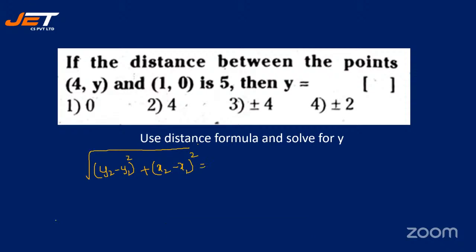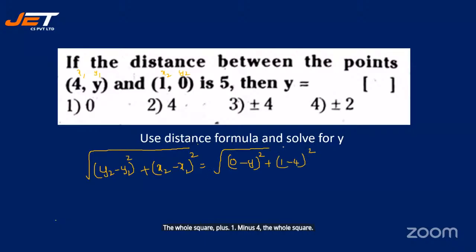And this is x1, y1, x2, y2. So now what is y2? 0 minus y the whole square plus 1 minus 4 the whole square, the whole root. This is supposed to be 5. So y square